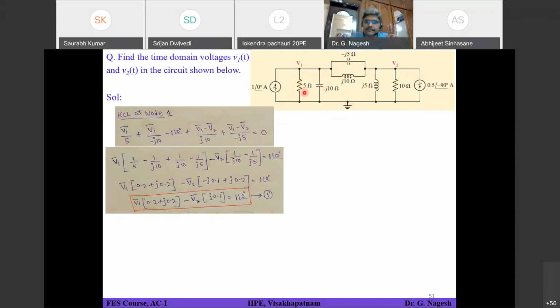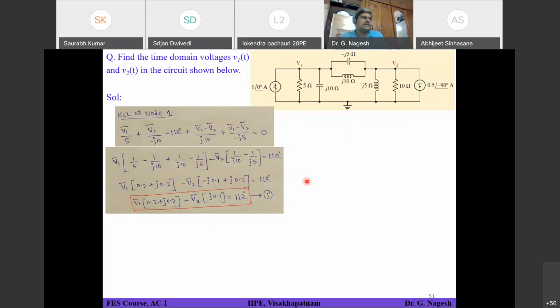Okay, clear. So whatever you have written is exactly right. If you want to reduce, you can proceed. If you don't want to reduce, you can straight away write like this. The final expression for equation 1 should be the same. You will get the same thing. Yes, sir. I understood. Thank you, sir. So any approach you can follow, not an issue.